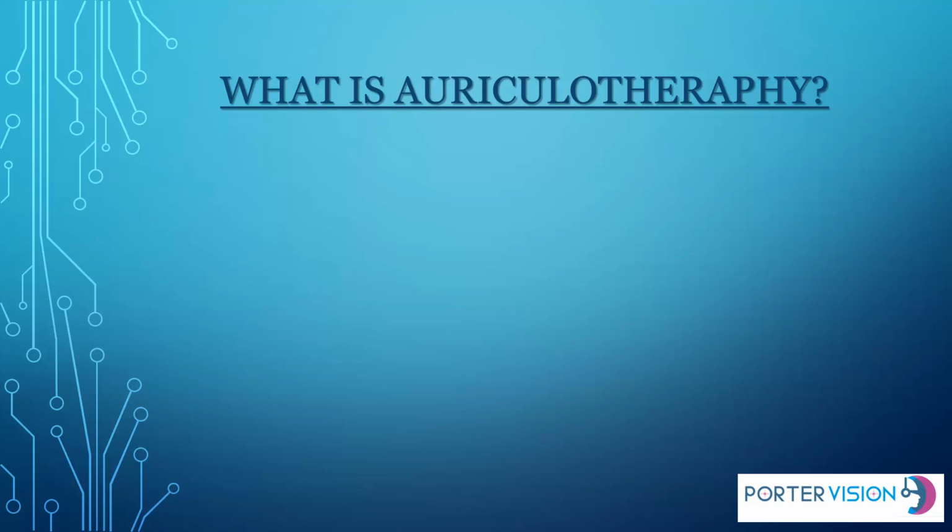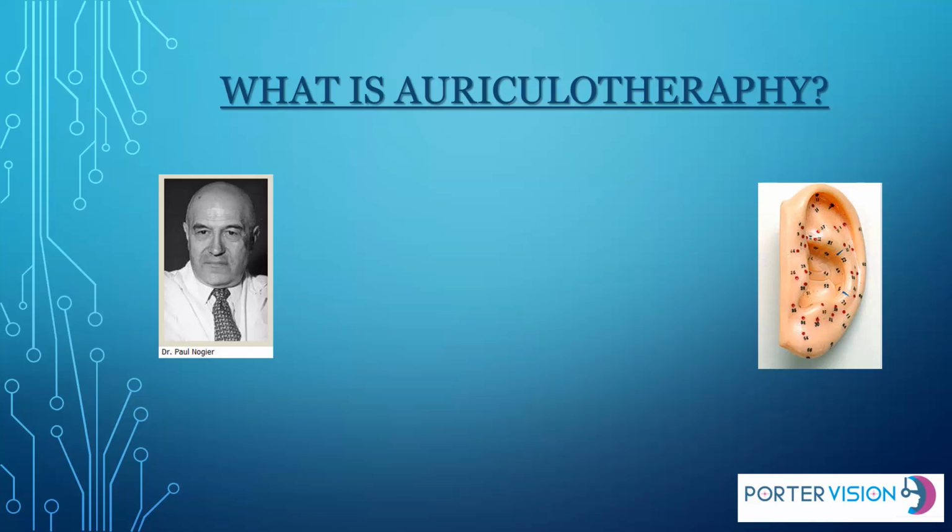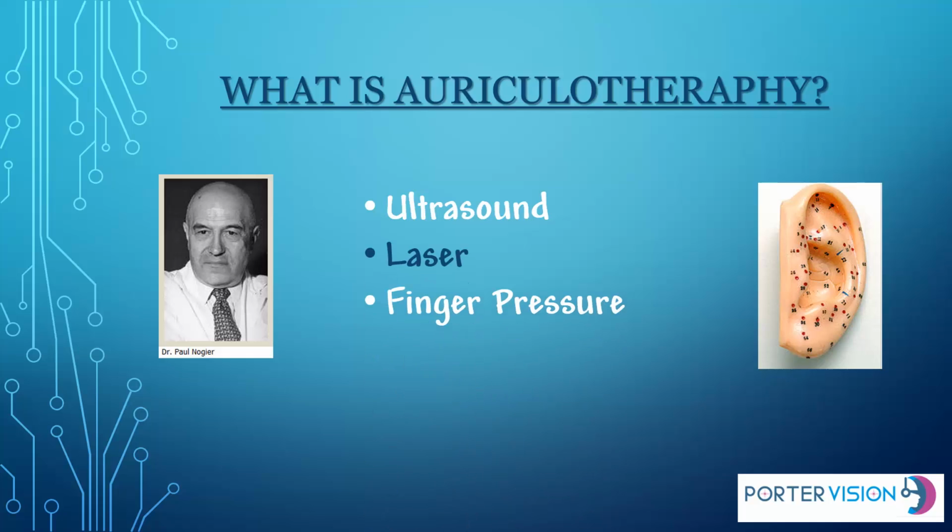Now, what is auriculotherapy? French neurologist Dr. Paul Nogier in the 50s identified trigger points in the ears that are related to organs and systems. And that's what we're going to show you today. Now, the best way to look at auriculotherapy is as modernized ear acupuncture, but no needles are used. Instead, you'll find ultrasound being used, laser is being used, finger pressure, microcurrents, and we're using LED lights to stimulate